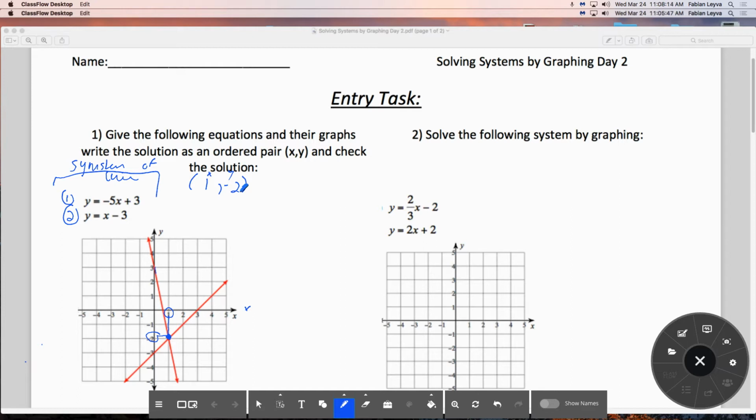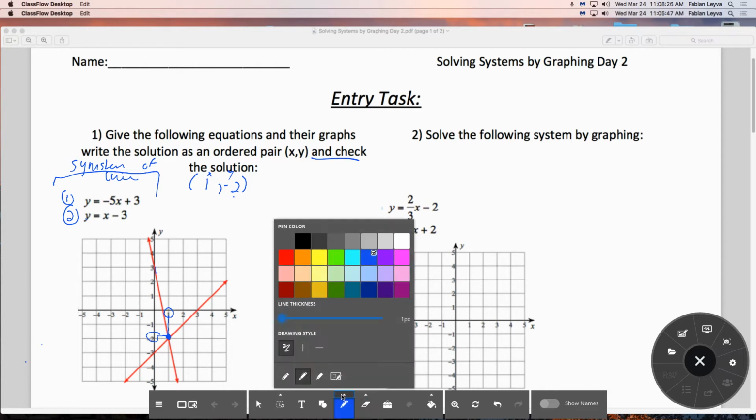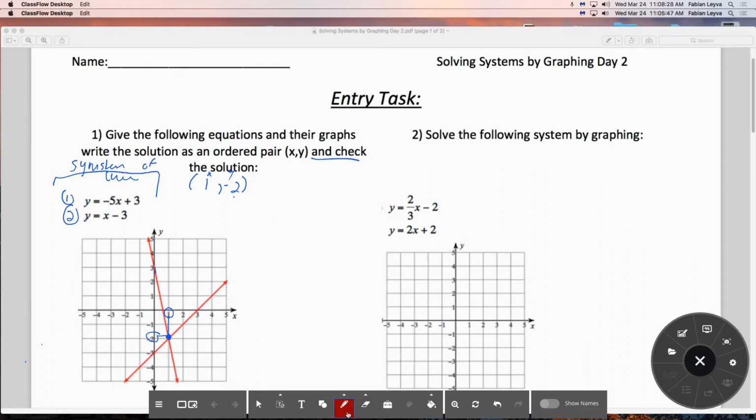That means if I were to plug a 1 into both of these equations, I would get a -2 out for my y. Whenever they tell you to check your solution, that is what they're asking you to do. So let me go ahead and do that. I'm going to change colors so you are aware of which equation I'm referring to. I'm going to start with the first one: y is equal to -5 times x plus 3. I'm going to plug in a 1 to see if I get a -2 out. So y is equal to -5 times 1, plus